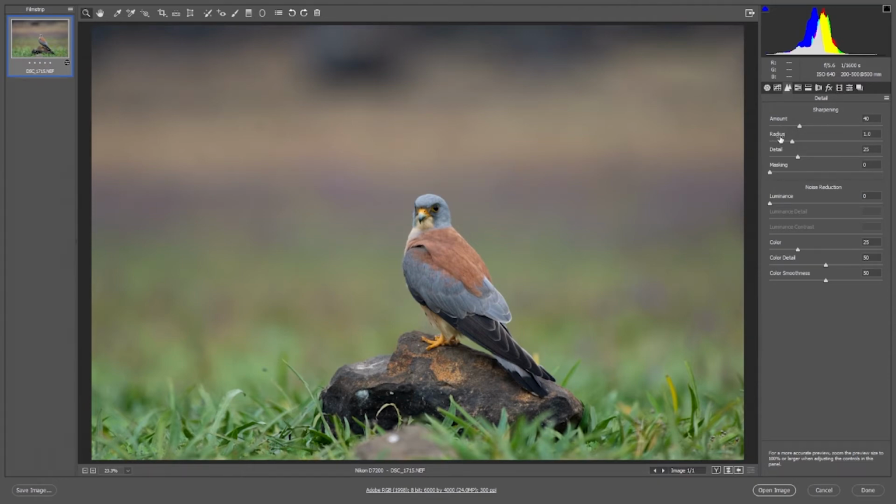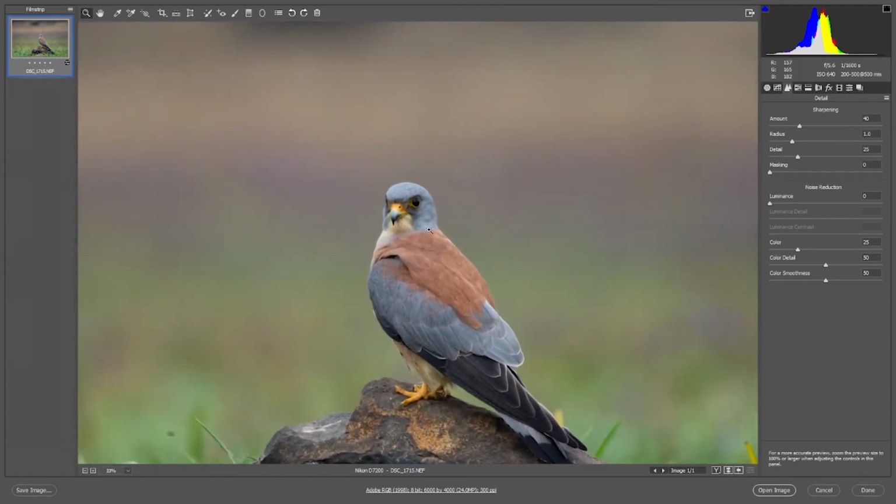So sharpening is basically, my personal opinion is, do not do sharpening from here. I would like you all to do sharpening from inside the actual filter section of the Photoshop window. Here you're just going to be doing a very overall sharpening, which will in case sharpen these blurred patches as well. So right now it is on default. I haven't changed it at all, so it applies this certain amount of sharpening every time I go through